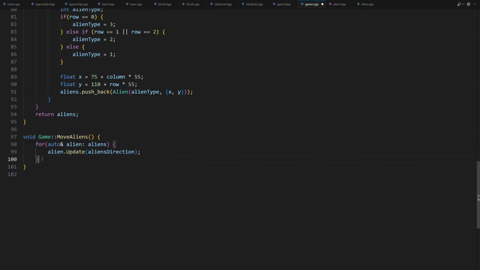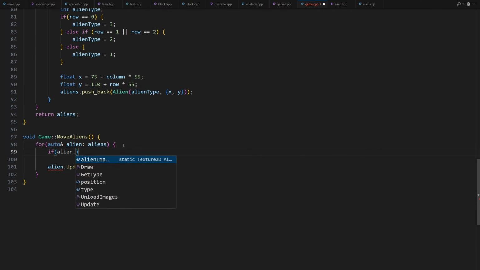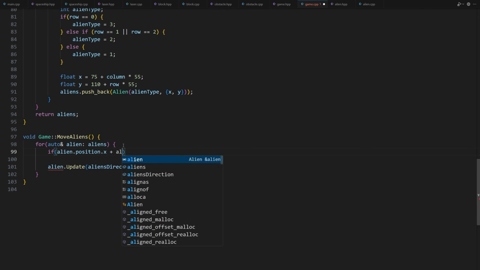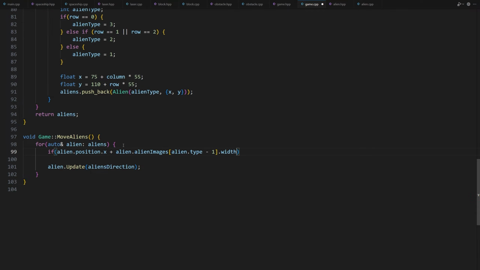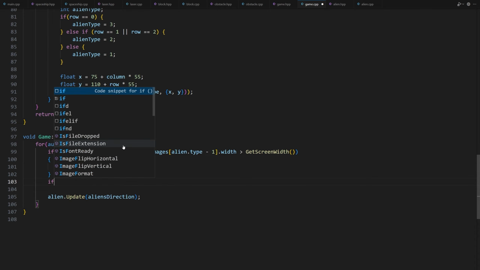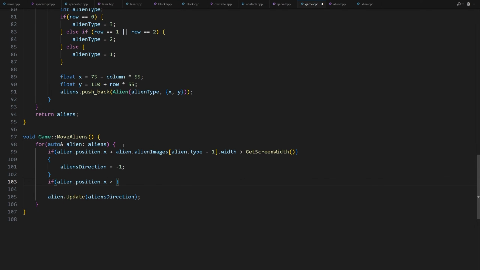In the MoveAliens method, we add a check. We have to check every alien in the list. If it has moved outside of the game window, we change the alien's direction attribute. If (alien.position.x + alienImages[alien.type - 1].width > GetScreenWidth()) { aliensDirection = -1; } else if (alien.position.x < 0) { aliensDirection = 1; }